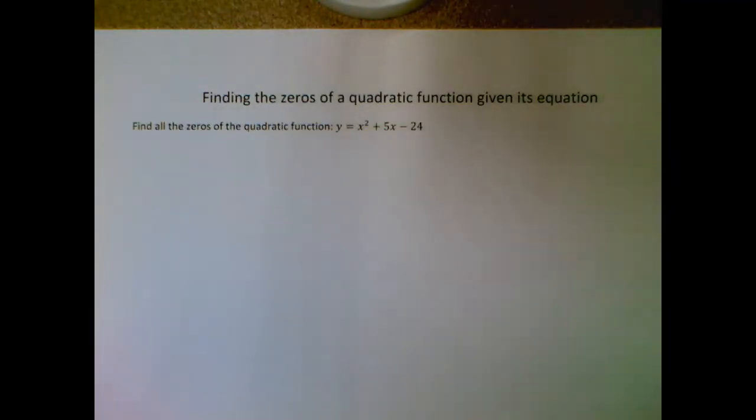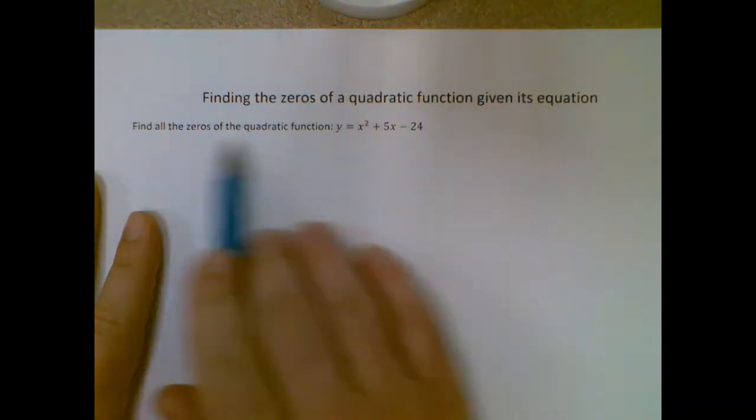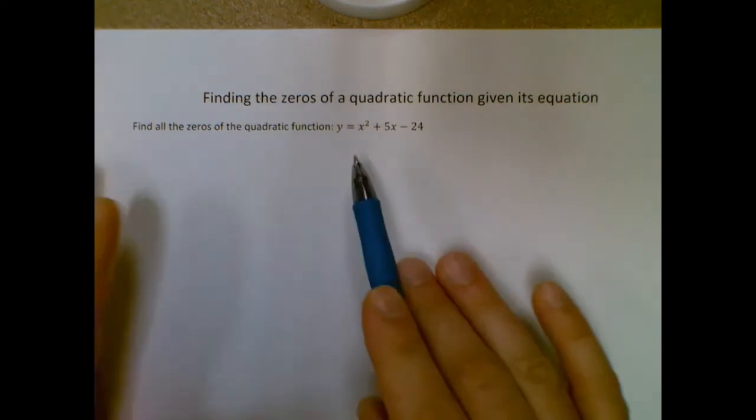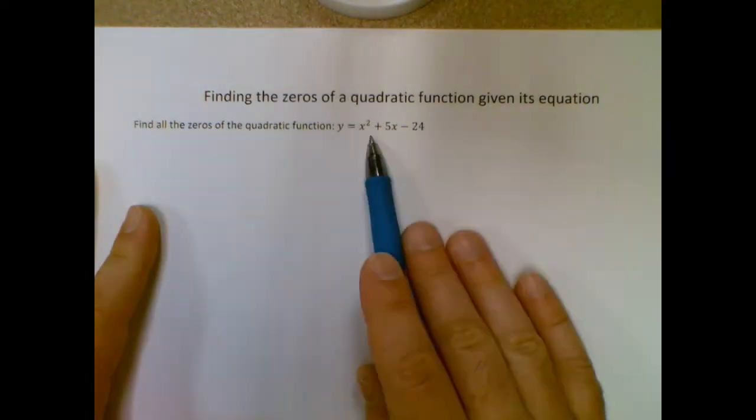Hello everybody, this is Mr. Bowman. Today we're going to be looking at the ALEKS topic, finding the zeros of a quadratic function given its equation. So we're going to try and find the zeros, or the x-intercepts here, of y equals x squared plus